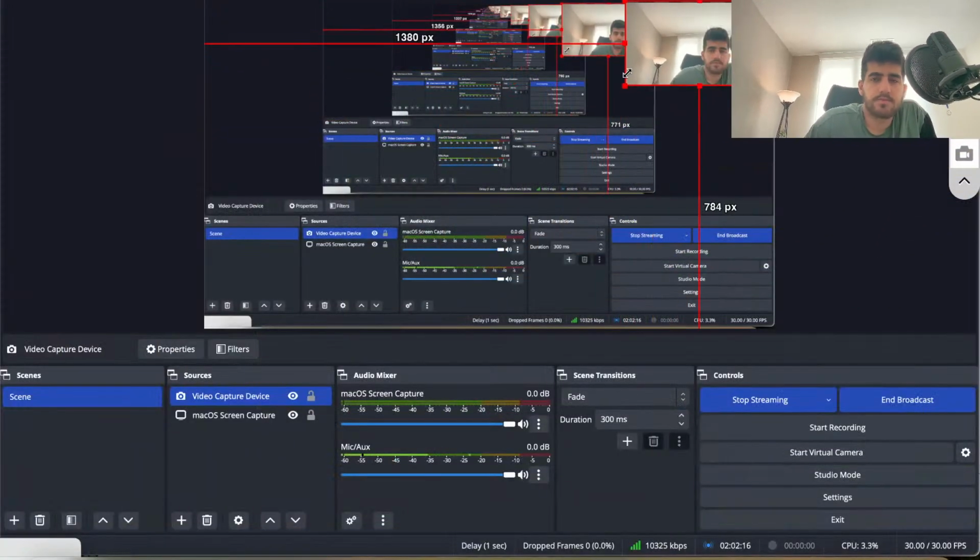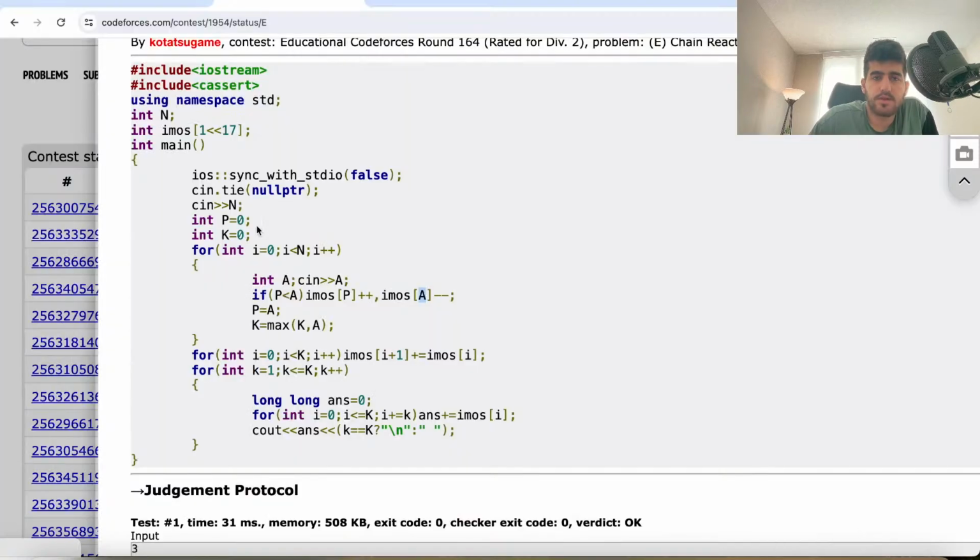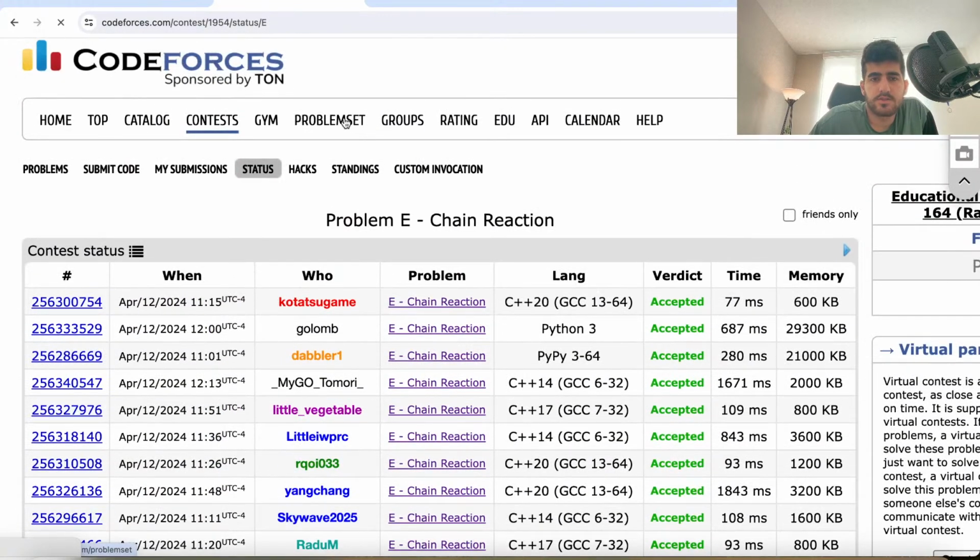Codeforces has list feature. You know, let me show it. When you go to Codeforces to your problem sets,